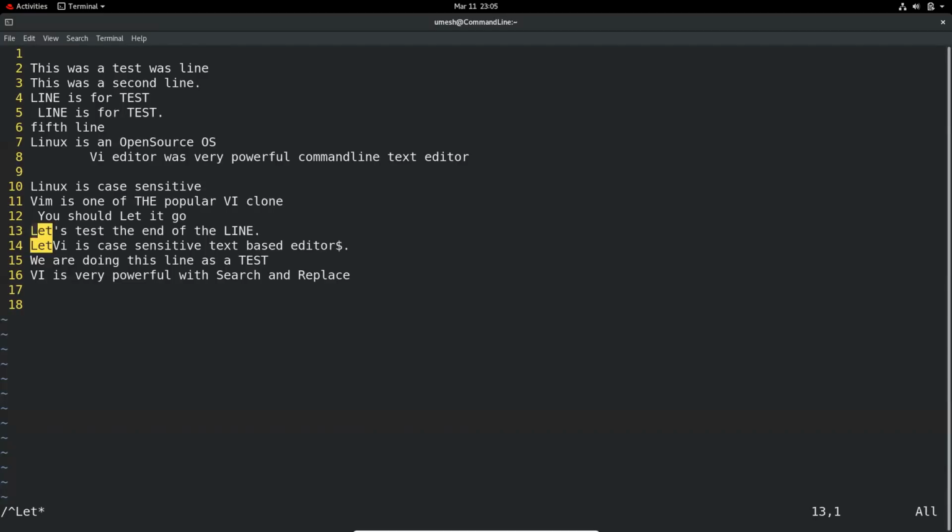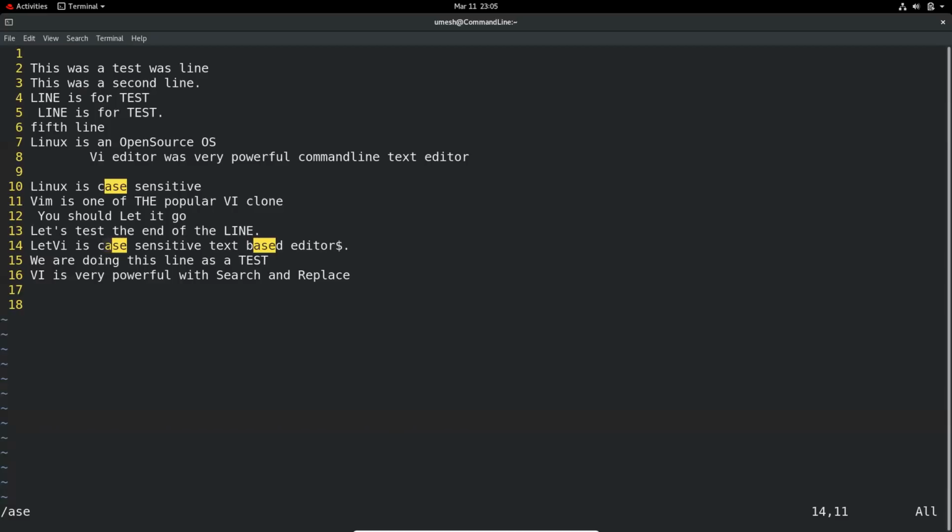And you can also match the whole word. Let's say, for example, I'm looking for some case here. If I do an ASE search, it will find the word with that combination of characters in between the word.